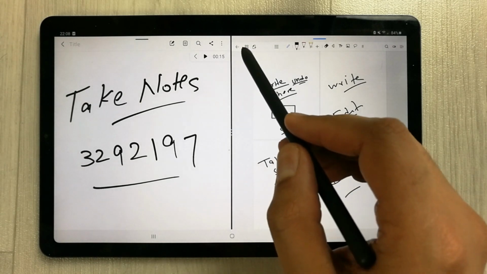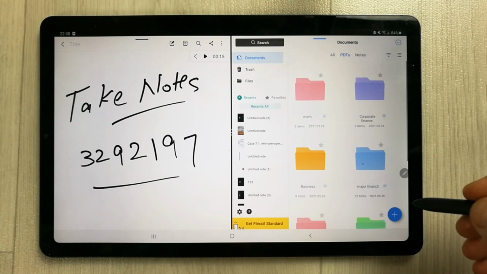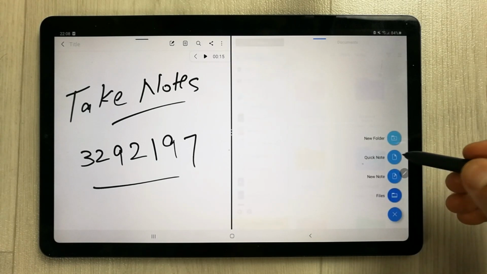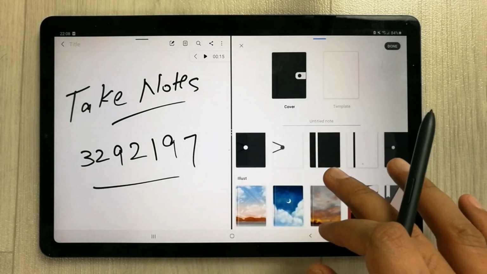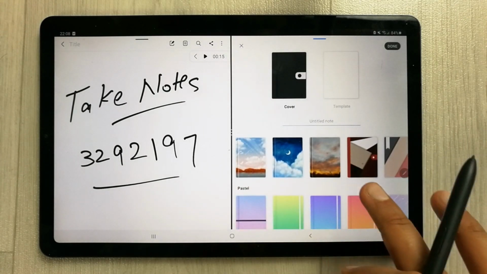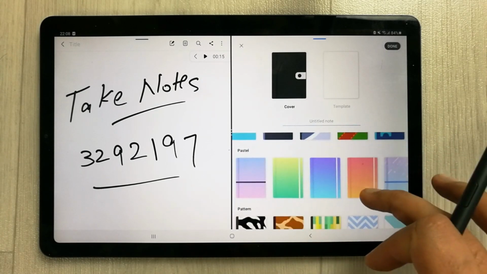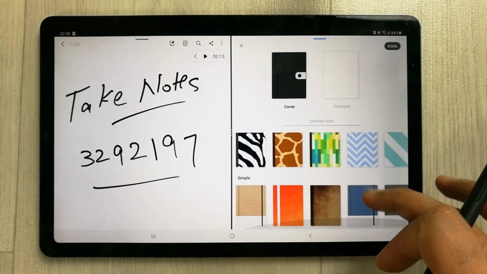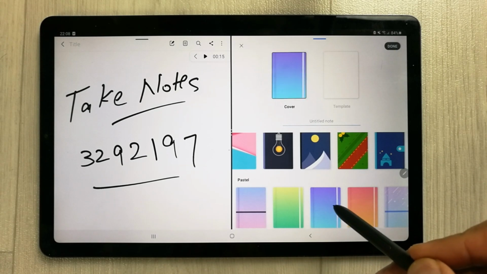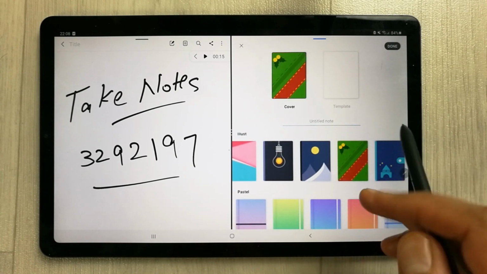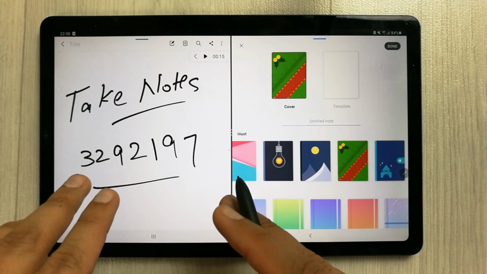Then if we talk about Flexel, there is an option called file cover. So I select a new note, I will show you. If I create a new note, there are a lot of file cover options. So you can see over here, very cool colors, and then there are different patterns. You can see over here there are different file cover options available. For example, I select this one or this one or this one, so you can select different file covers. But on the other hand, in Samsung Notes there is no such option of file covers.